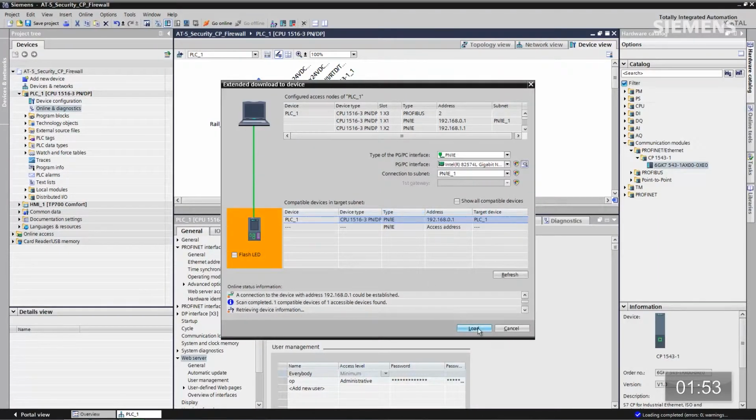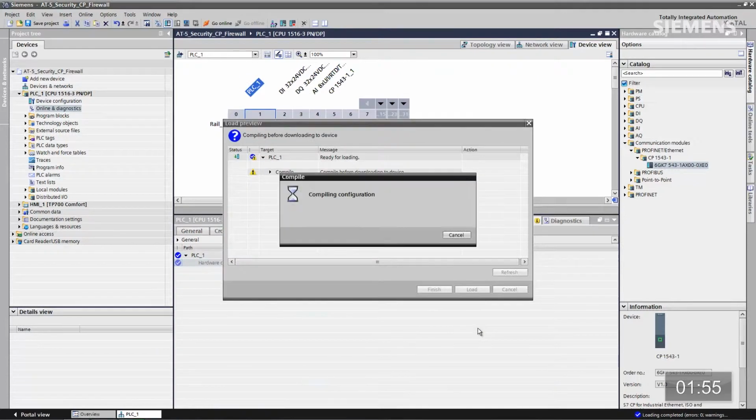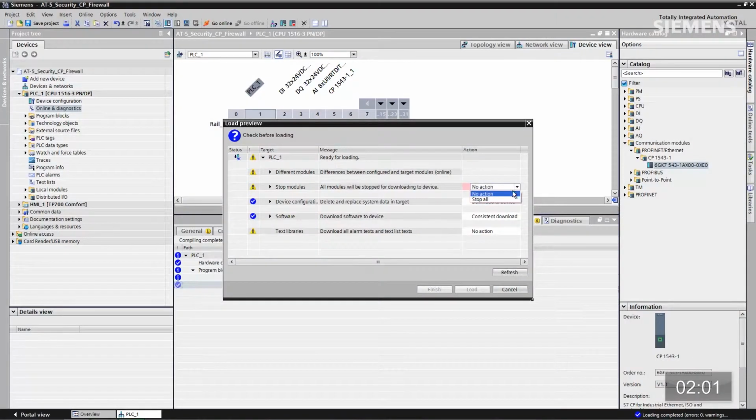He's going to navigate out, try to find the IP address of the current control system. Once he has, in this pop-up box, now I can see him. I click on the load button. Now he's going to compile this completely, and once I get the complete configuration compiled, I can actually say stop all, click on load, click on finished, and now as you can see we have a fully functional system with